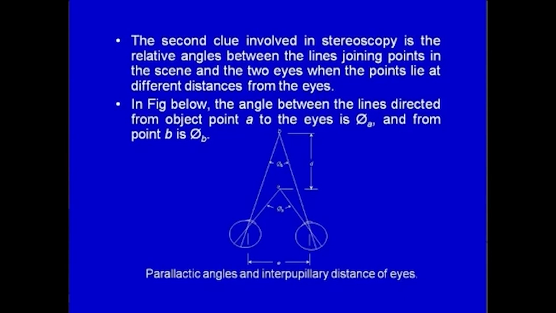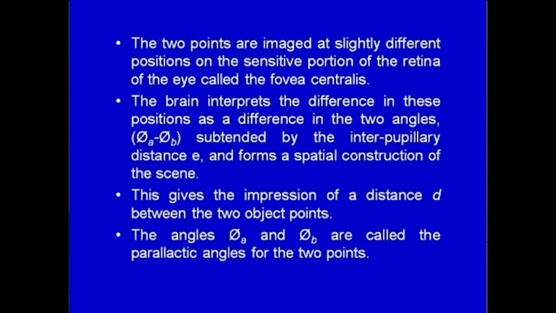In the figure below, the angle between the lines directed from object point A to the eyes is phi A and from the point B is equal to phi B. The 2 points are imaged at slightly different positions on the sensitive portion of the retina of the eye called the fovea centralis. The brain interprets the differences in these positions as a difference in the two angles, that is phi A minus phi B, subtended